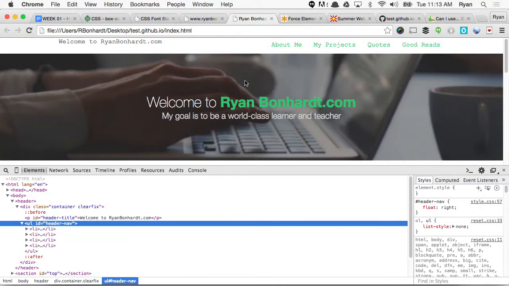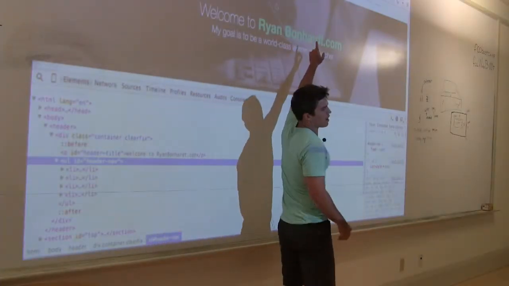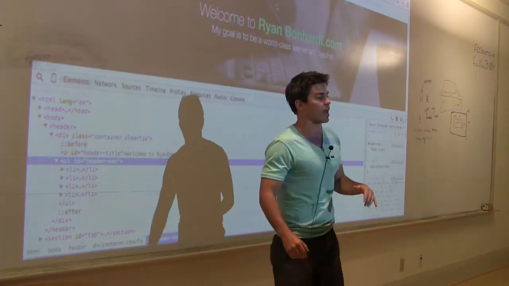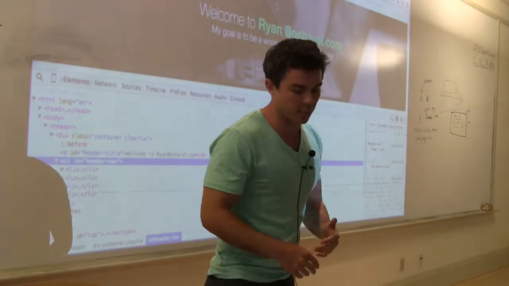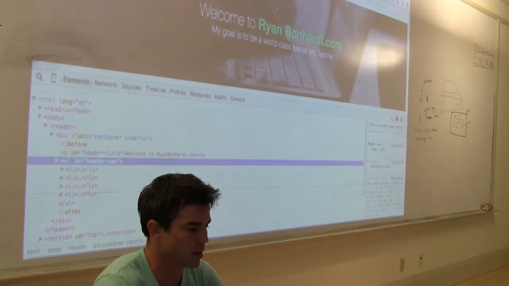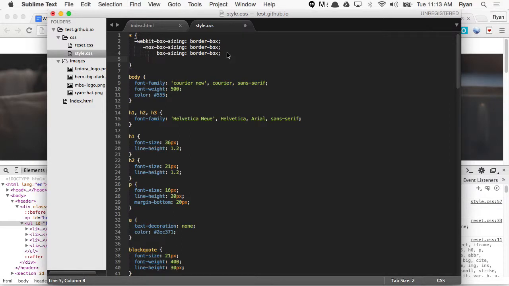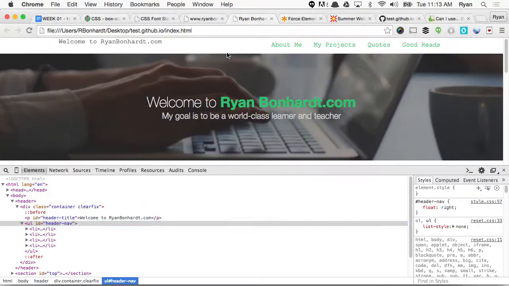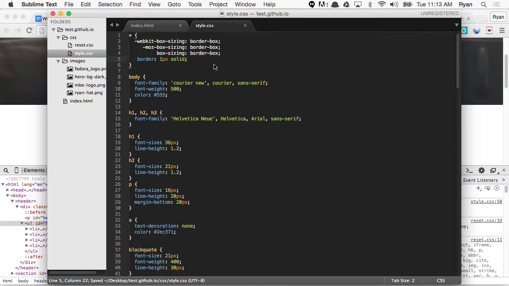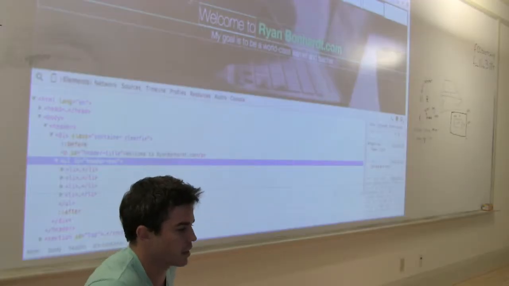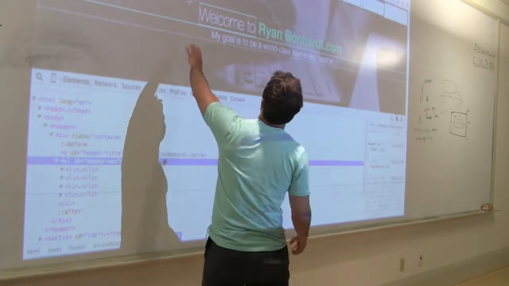Since we're giving the padding on the tags, we have to give them some sort of block display. So we could display the tags as blocks, or we could display them as inline blocks. What I mean by this is, let me show you. If I make all elements in our document, like we did earlier with the box sizing, have a border of 1px solid, all right, what you can see here is that this further cements that everything on a